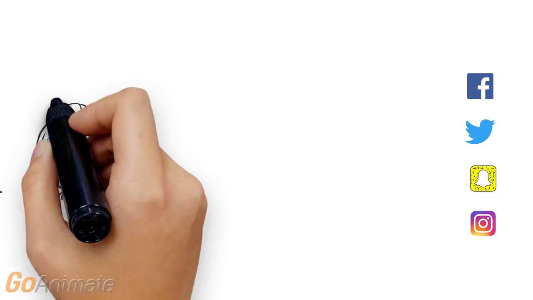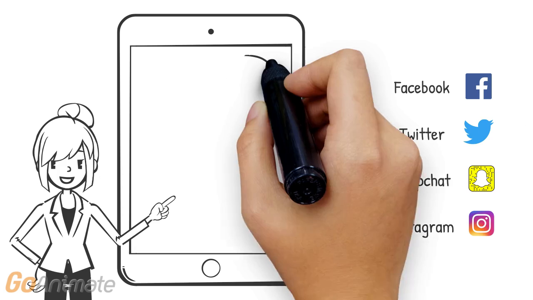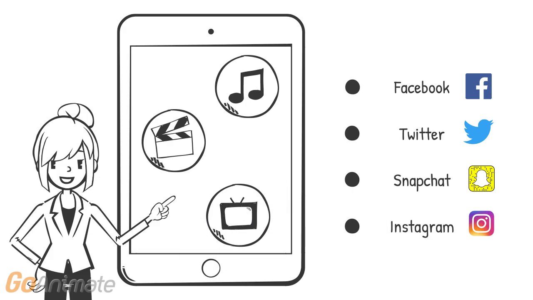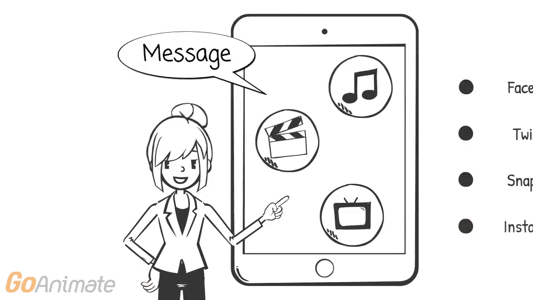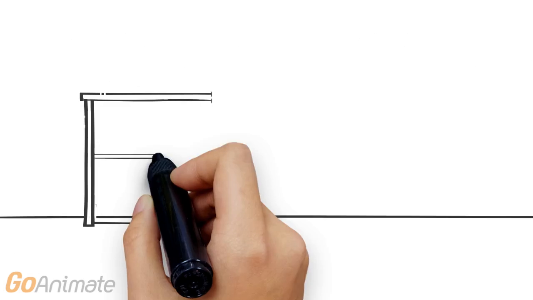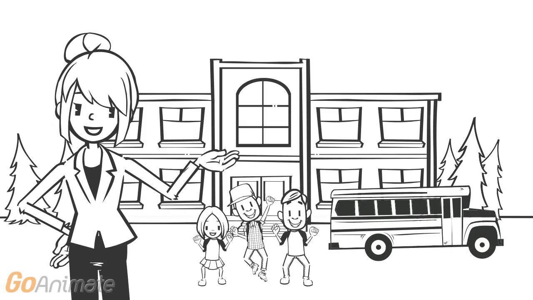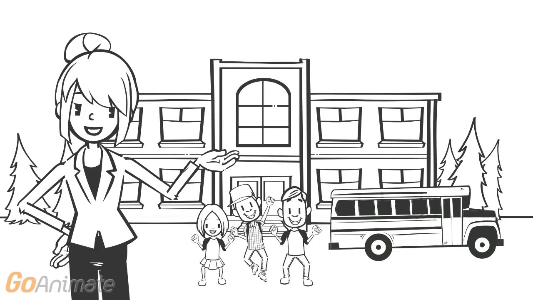We need to help teach them how to keep up with their digital world. Our students are more connected than ever, constantly interacting on platforms such as Facebook, Twitter, Snapchat, and Instagram. They're viewing videos, they're watching TV, they're listening to music, and they're talking to each other online. It's time to welcome a new type of learning into our schools, one where we embrace various forms of social media into our classrooms and help our students learn how to interact appropriately online.